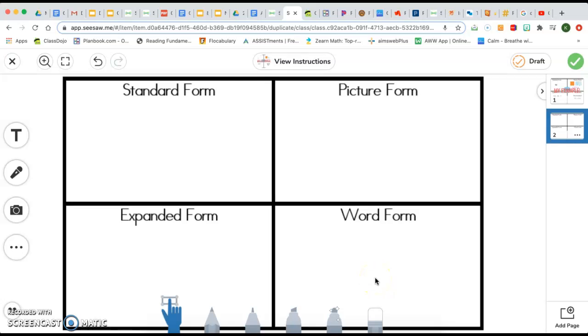Hey guys! So today we're going to talk about number form. There are 4 different ways to represent a number. You have standard form, picture form, expanded form, and word form. So today I'm going to be working with the number